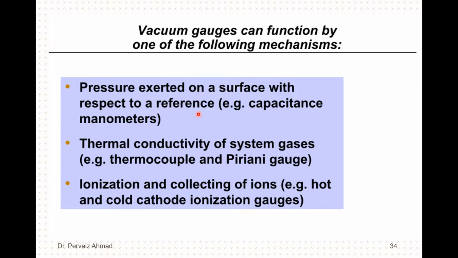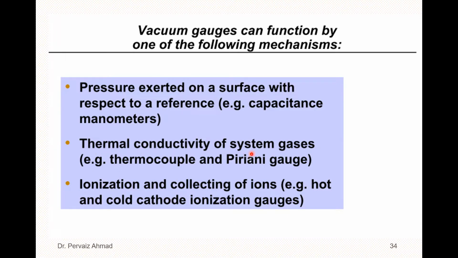An example of this kind of gauge is the capacitance manometer gauge, whose function is pressure exerted on the surface with respect to a reference. This is the working principle of the capacitance manometer gauge, which we will discuss later in this lecture. Then there is thermal conductivity